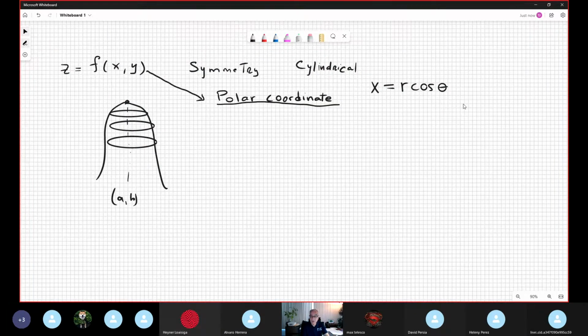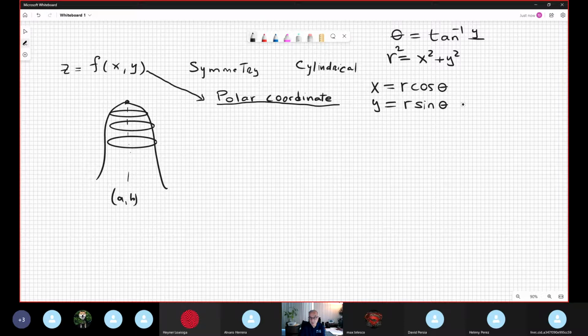Okay, no problem. So now y is equal to r sine theta. This is the equation that is used for conversion from polar to Cartesian, no? Another possibility is r squared is equal to x squared plus y squared, and also theta is tangent inverse